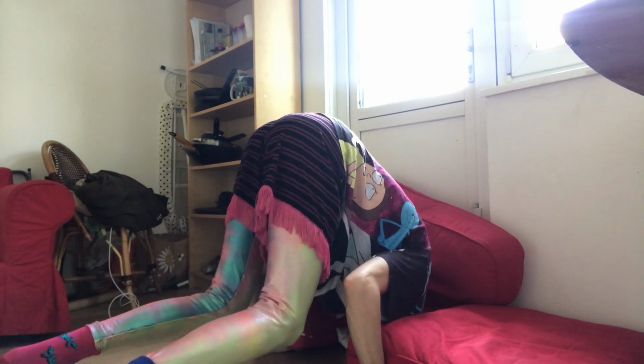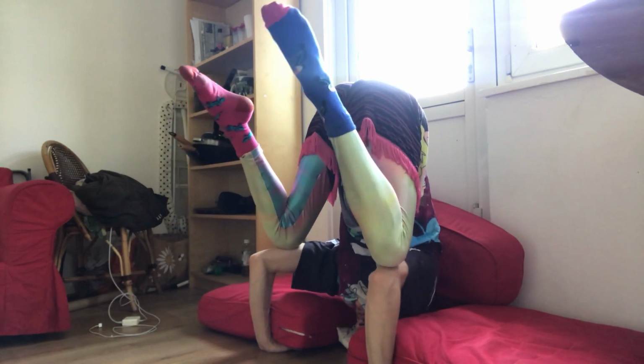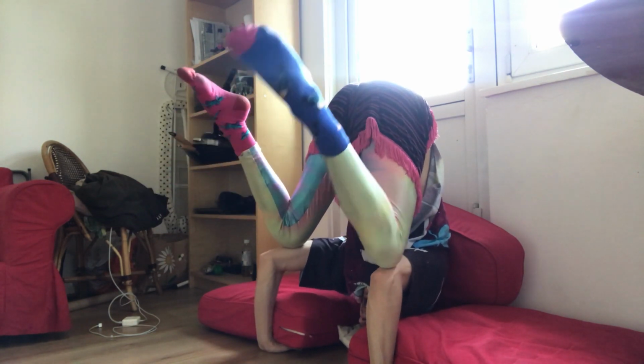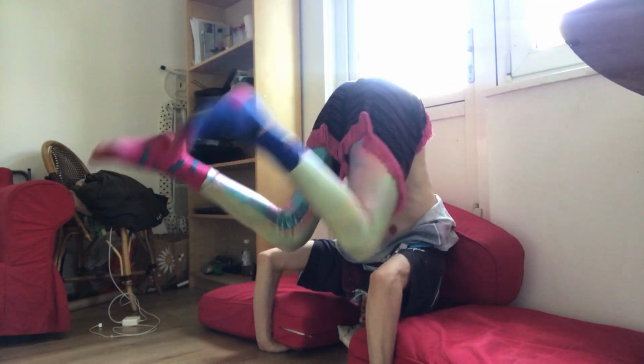So, what we want to do, to make this a bit more gradual, is climb one knee on top of our elbows, okay? So we have a little bit of a balance like this, okay? And we're still pushing through our hands to give ourselves a bit of stability, because if I took my hands away, it just wouldn't work, okay? So that is our first step, is just seeing if we can get our knees onto our elbows, okay? If we can do that,